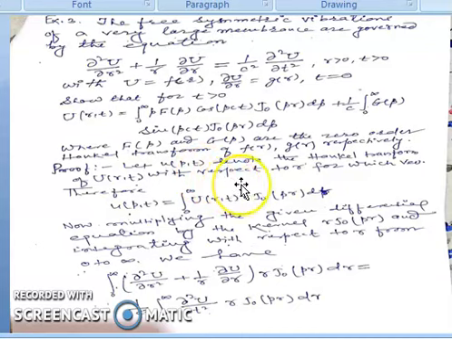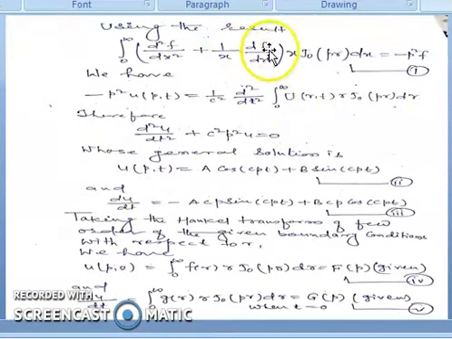Similarly, again we start the same as we have already discussed in example 1 and example 2. U(p, t) becomes ∫ from 0 to infinity of u(r, t) r J0(pr) dr. Again we multiply, taking the first part of the integral and the second part of the integral, using the same result, and we get the differential equation of the form d²u/dt², whose general solution becomes u(p, t) = A cos(cpt)